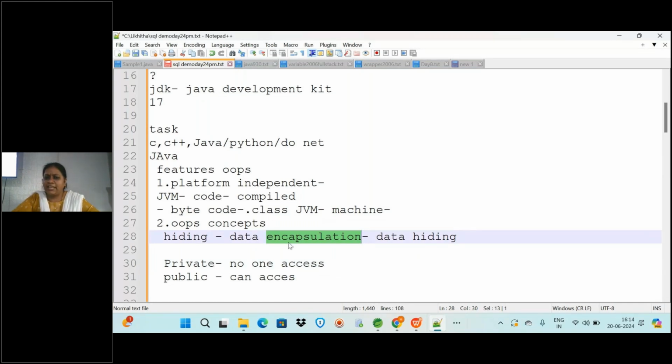The name encapsulation itself tells you it is like a capsule. Let me give a general example. Consider a capsule: a person who takes the medicine, will he know what medicine is actually present inside? No. When you ride a bike, is there a rule that you should know the engine design? You should just know how to ride the bike and the rules and regulations. But do you need to know the engine design, how the tires are manufactured, who did it? Not required. The unwanted information is hidden.